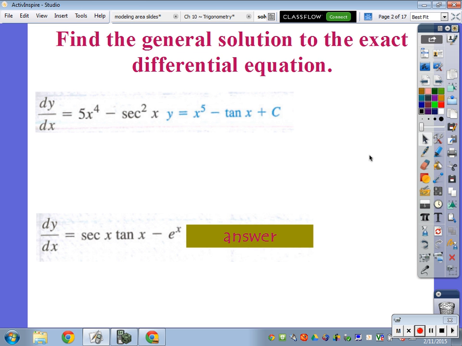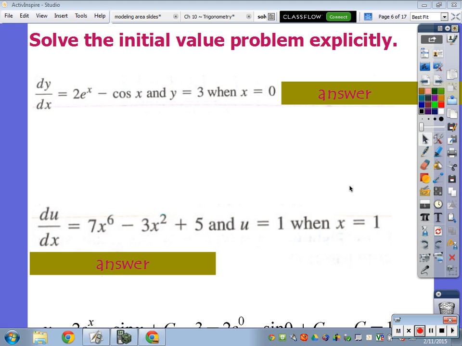Now let's look at a scenario with a particular solution. In this example, the directions say solve the initial value problem explicitly. So when you see that word, explicitly means that you have one variable solved for in terms of the other. So typically in algebra we have y solved for. And so we have our differential equation dy over dx equals 2 times e to the x minus cosine of x, and our initial condition of y equals 3 when x equals 0. So all this means is we integrate and then plug in our initial condition, solve for c,